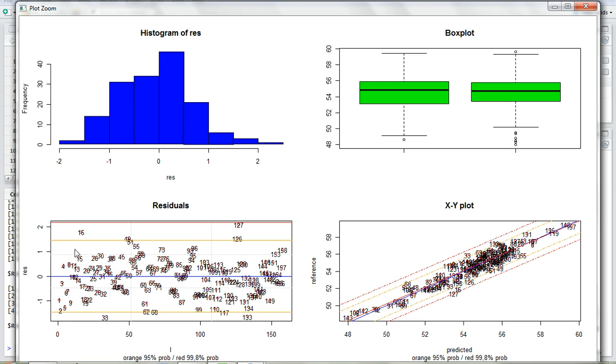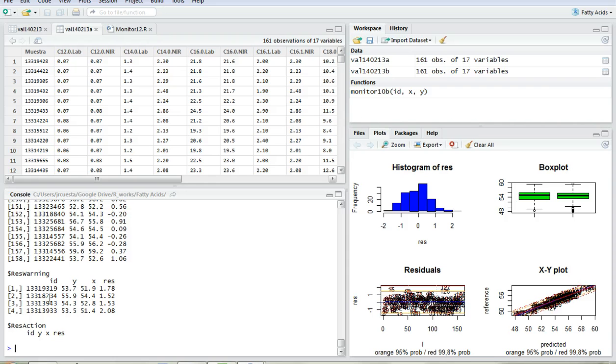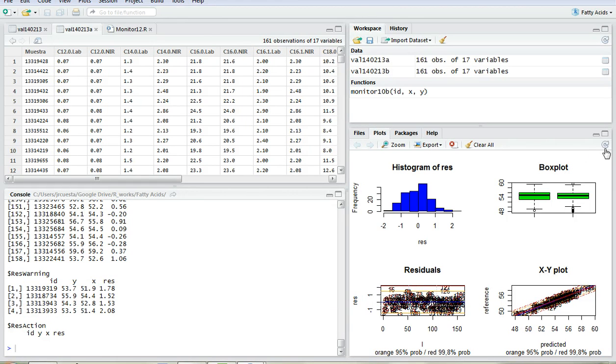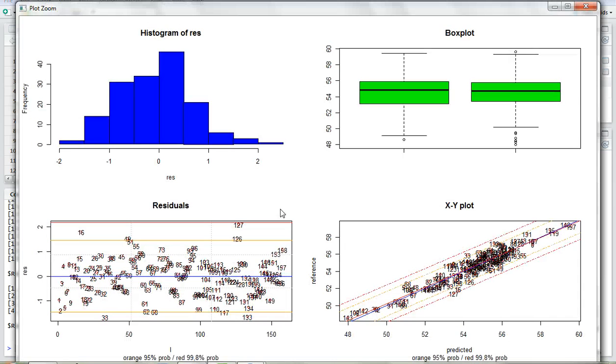We see that almost all the points, all the residuals, are in between the warning limits. But we have some samples we saw in the list that have passed the warning limits. We have to take care of this. But it's normal that some of those samples pass these limits. In case we have samples passing the action limits, also we can check